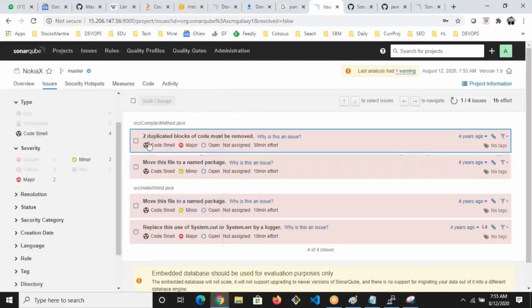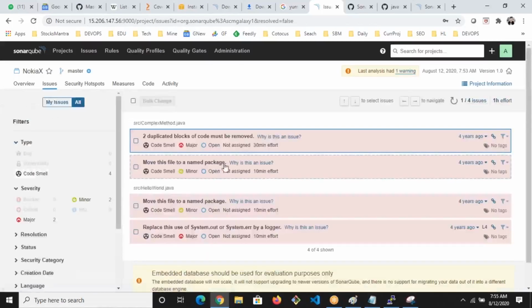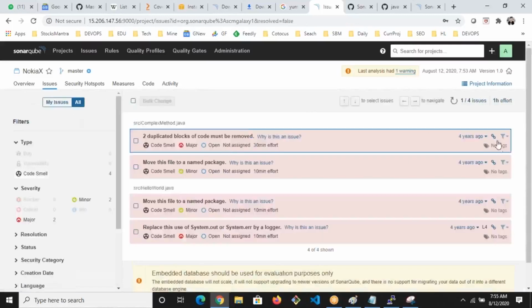Okay, now there are 4 issues here. So what is the type of issues? Code smell, major, minor. You can assign to someone else also. Okay, and how much effort is required? 30 minutes. Okay, so these are the code issues you have in the source code. Who has introduced? So see here, it should